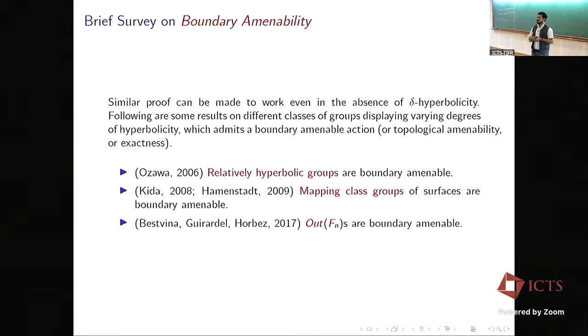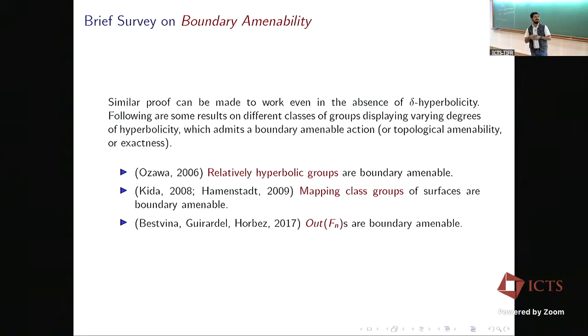And there are constructions by Gromov of a group which is not exact, so it does not embed in Hilbert spaces and all. These are non-exact groups. So in particular, if we take two non-exact groups and take a free product of them, that free product is going to be a relatively hyperbolic group, modulo the vertex groups. And this relatively hyperbolic group will have a non-trivial boundary, which is the Bowditch boundary.